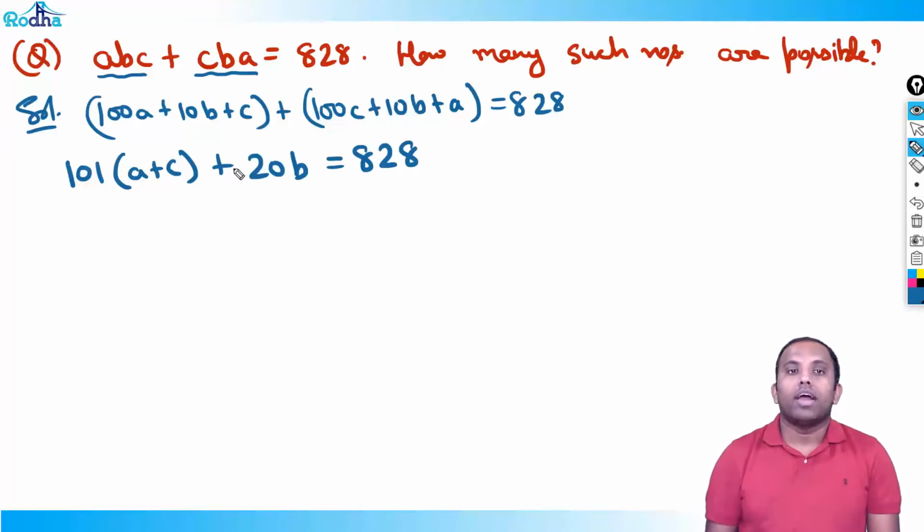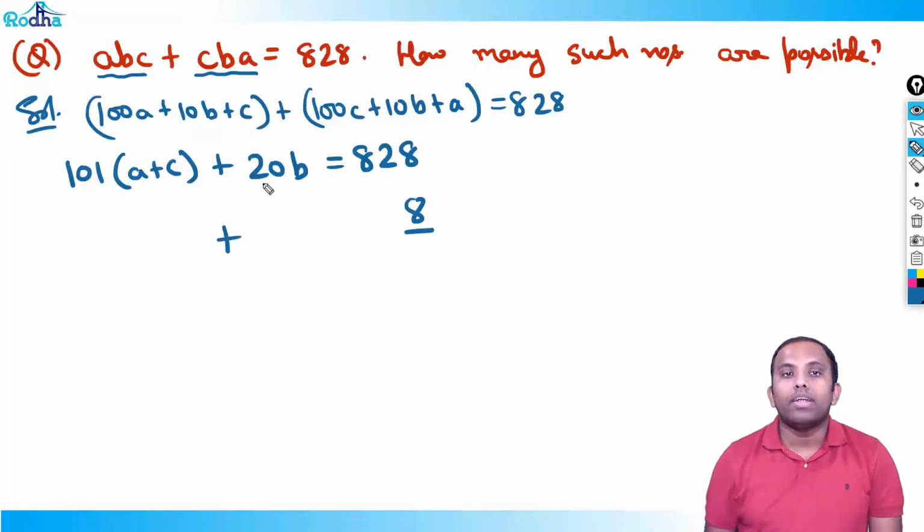Okay. So see, I have to satisfy this, LHS should be equal to RHS. Obviously, right? So for what value of A plus C and B, this equation will be satisfied. Okay. So now you see, I'll attack this. In this kind of cases, the best way is to attack the unit digit, right? See, here unit digit is 8. Last digit, that is unit digit, is 8.